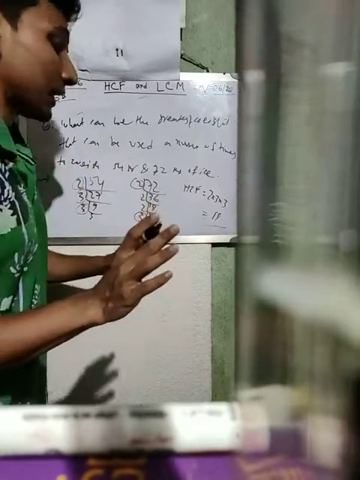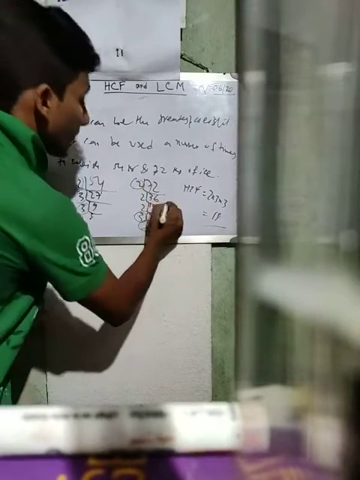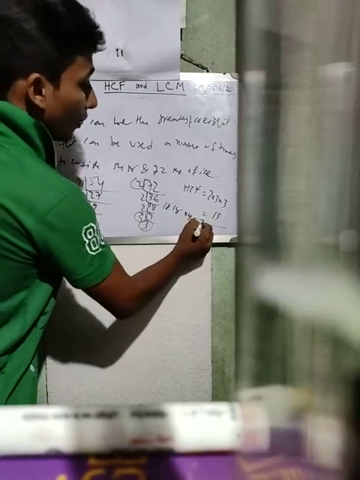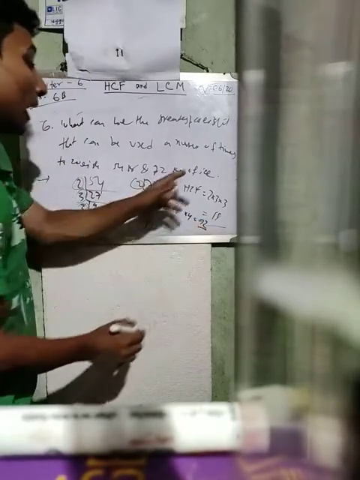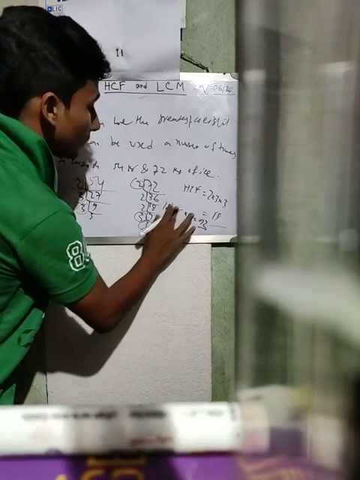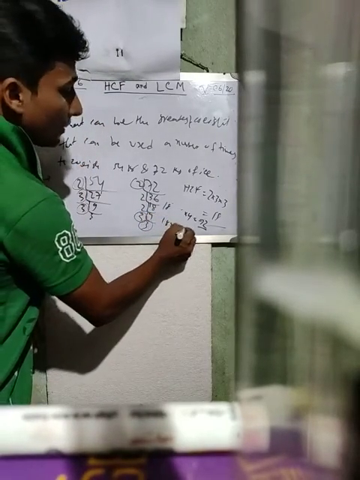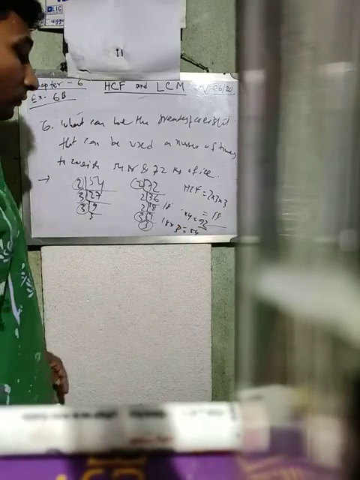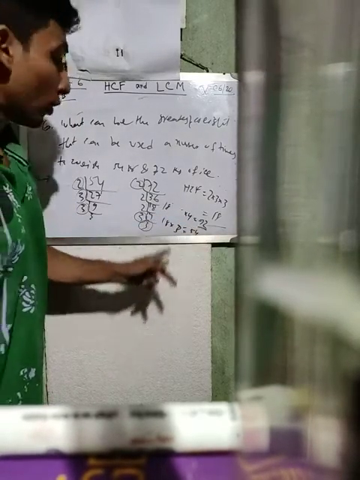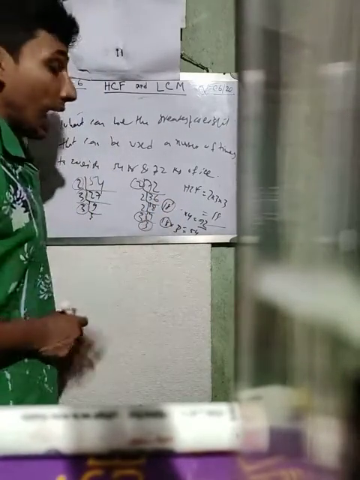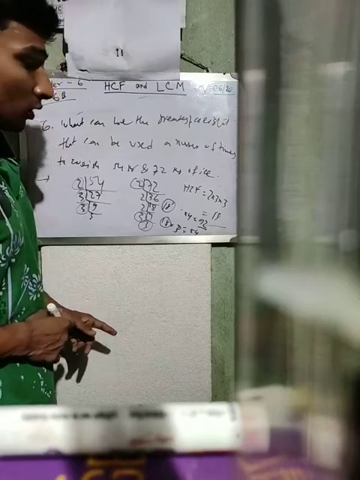If you understand carefully, you can see, if we use 18 kg 4 times, then 18 into 4 is equal to 72. We will have the 72. If we use 18 three times, then we will get 54. 18 into 4 is equal to 72. 18 into 3 is equal to 54. That means 18 is the common and this is the maximum. Okay.